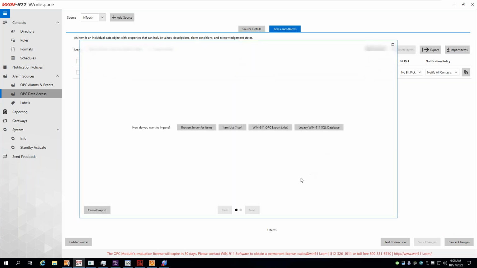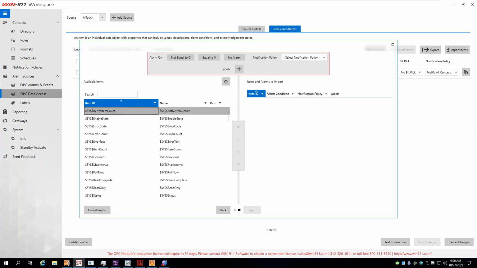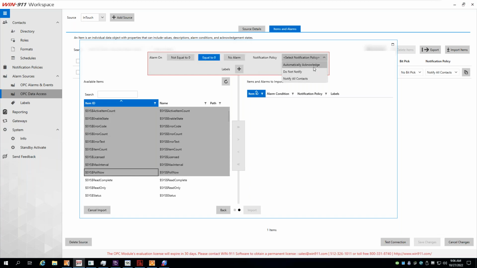All right, so let's run through some import options. There's the browse for items. You click it, you click next, it goes to the server, grabs all the tags, and puts them in a list for you. You choose what tag you want to monitor, or multiple. You can select multiple. You choose what they want to alarm on, choose a notification policy it should go to,